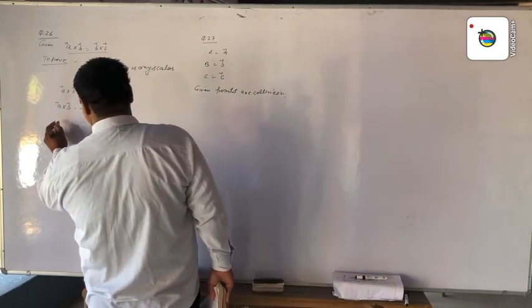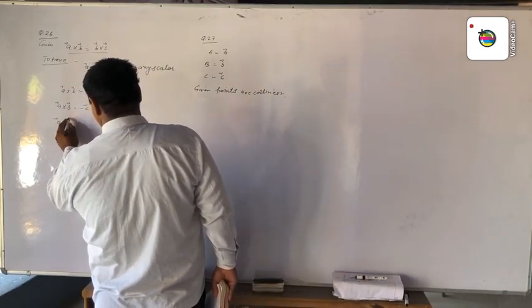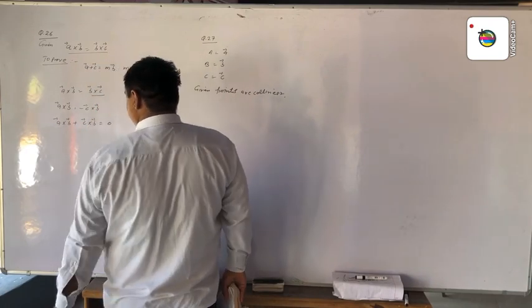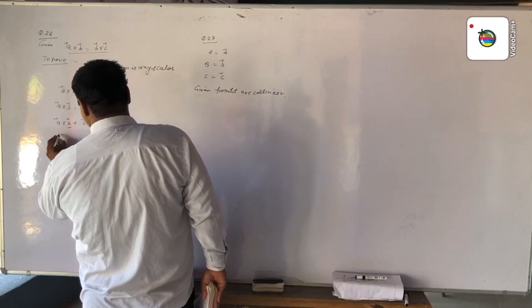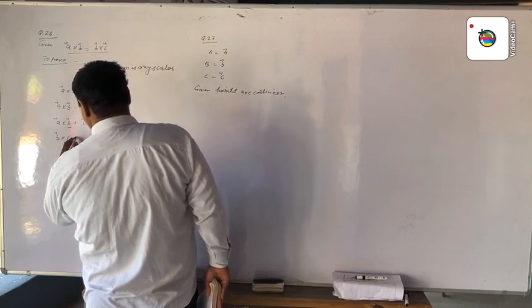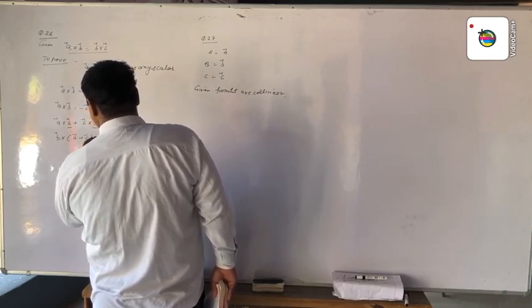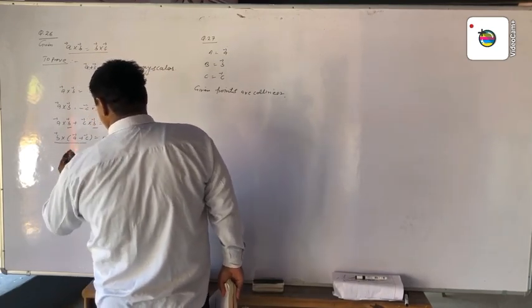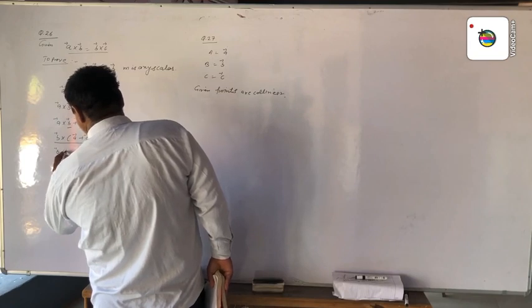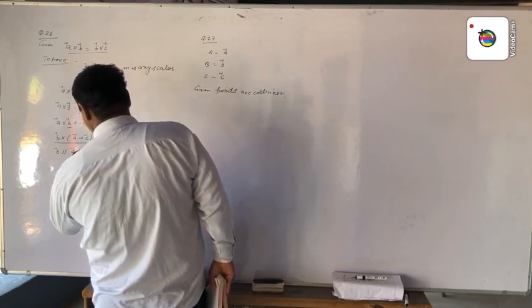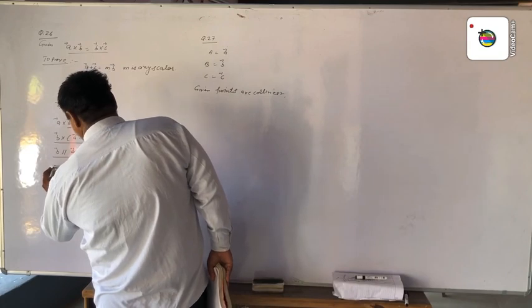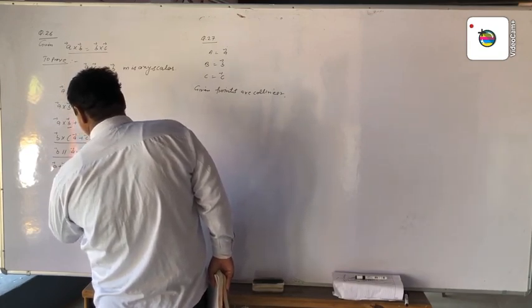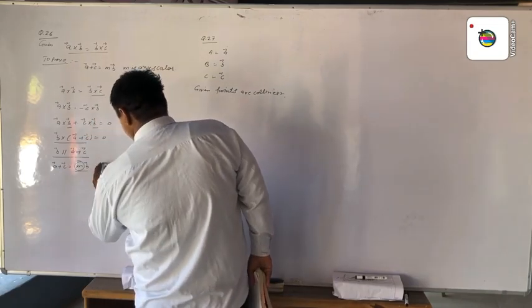Now we take the left hand side: vector A cross vector B plus vector C cross vector B is equal to 0. Now take vector B common out, then vector A plus C is equal to 0. This result shows that vector B is parallel to vector A plus C. Now we write vector A plus C is equal to m times vector B. Here m is any scalar.